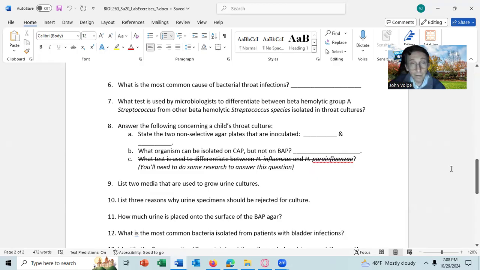So just one test here because we've already narrowed it down to beta hemolytic and the family streptococcus. And that's why you only need one test, because the other test will only differentiate between the streptococci and the enterococci and other gram-positive